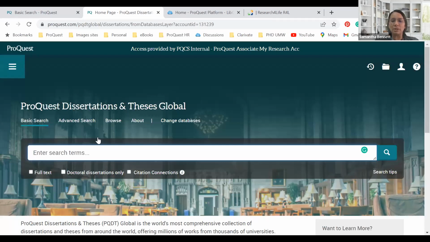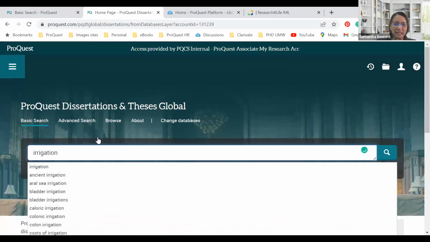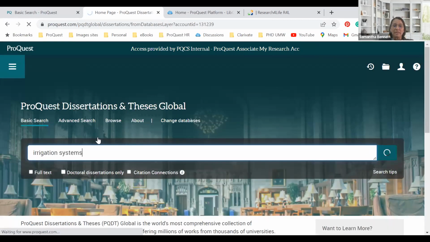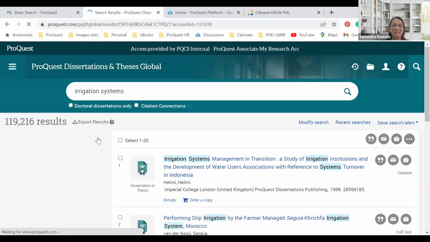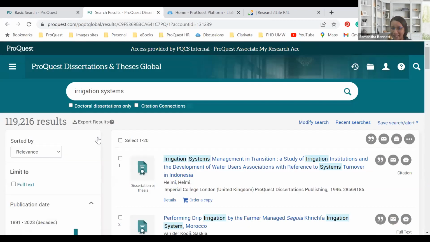So what does the platform do? I can do a direct search on the platform, and let's do a search on something easy. Let's search for irrigation systems. With the platform, you have the option to search for keywords. If I search for particular keywords, it will find everything related to irrigation and systems. It will even find words such as system, as you can see, because that's what the system does. It will find particular words on the platform.